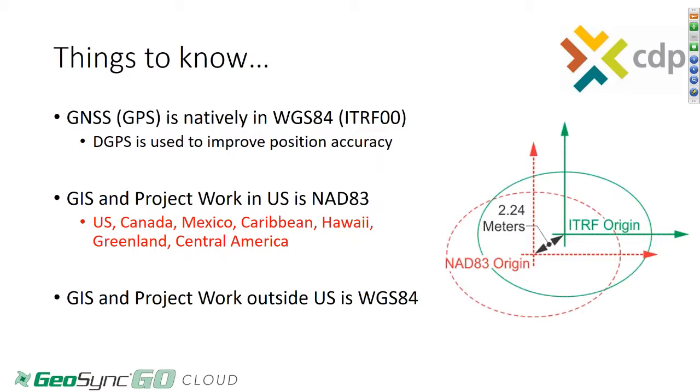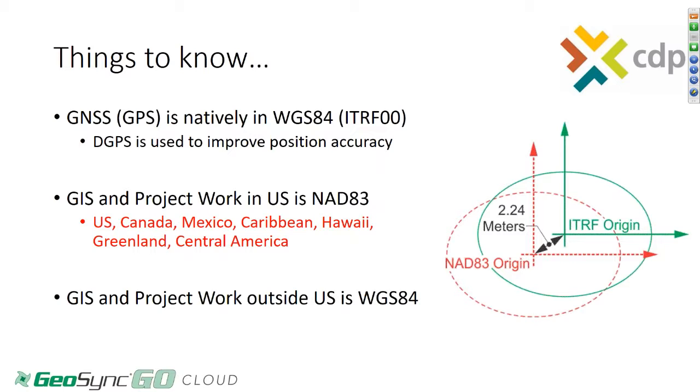GIS and project work in the United States is almost exclusively using NAD83. So if we're looking at all of North America, whenever we have a deliverable, that deliverable is almost exclusively going to be in the NAD83 datum. So the GPS work that we do natively is WGS84, but the deliverable that we have is almost always